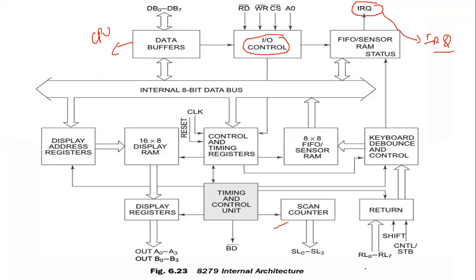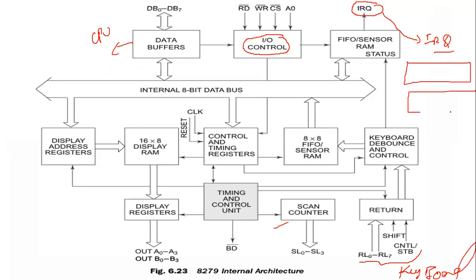So these are the scan lines. We are going to connect the keyboard. This is the keyboard. How many RAMs are available here? In total we have a series of 8-bit sensor RAMs. You can also call them 8-bit registers, F0 to F7.